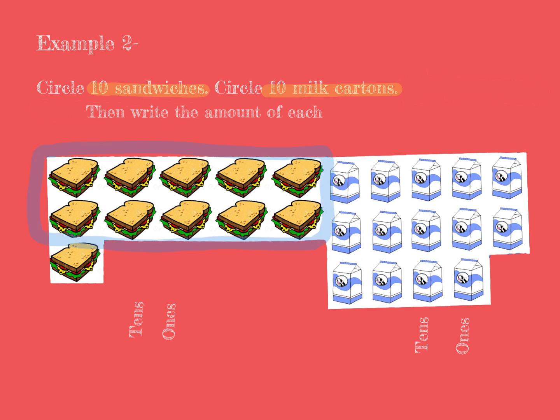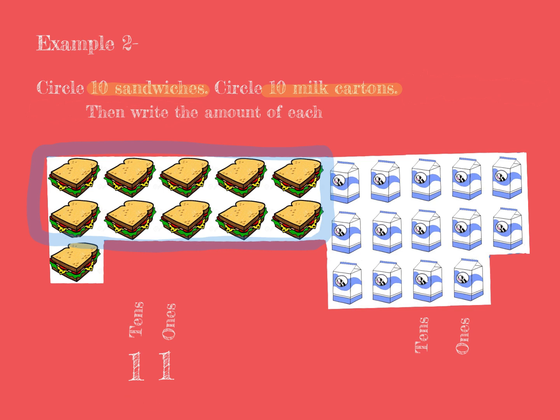So we put a 1 in the tens place, and then we count what's left. 1. Since there's only 1 left, we put a 1 in the ones place. Therefore, we have 11 sandwiches,